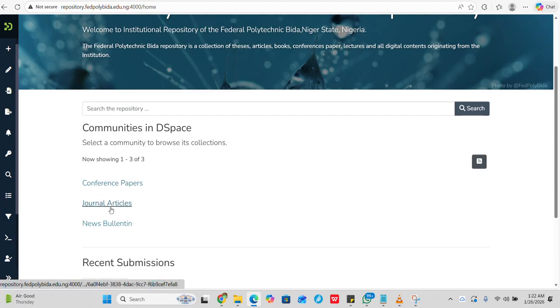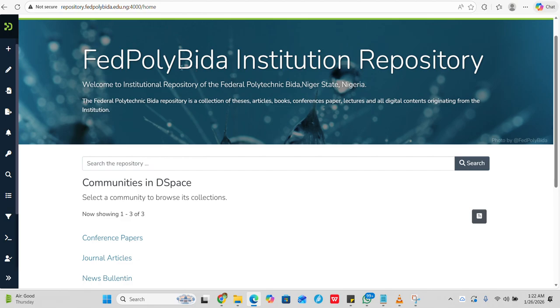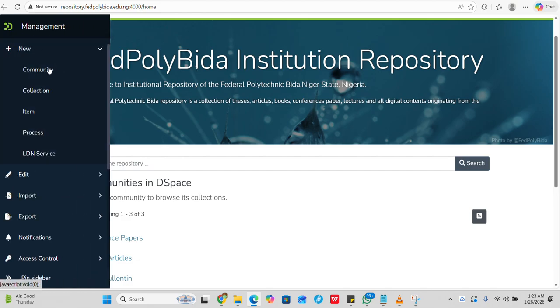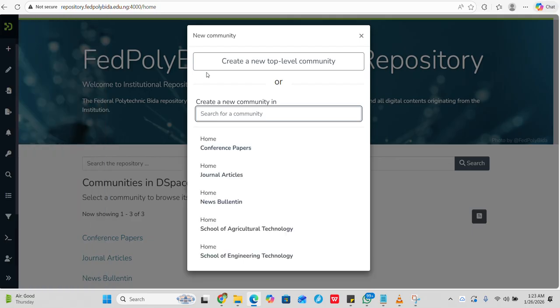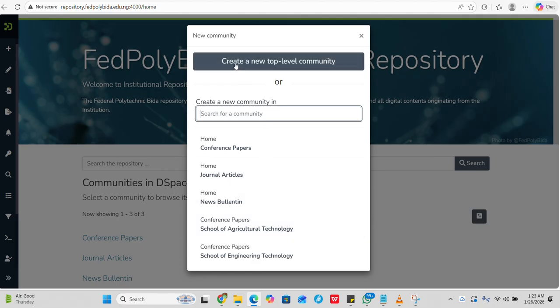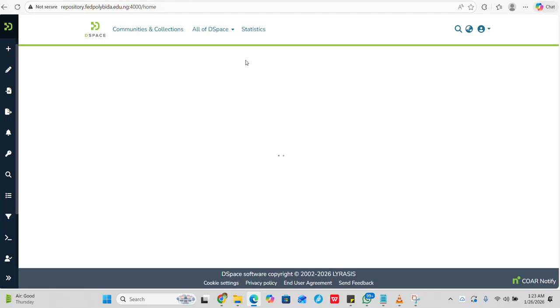So we already have conference paper, journal article, news bulletin, but let me create one top community which I'm going to call books, or you can have books of proceeding and all that. So you will see that it will tell me that they already have some community already created. And when you have this community, under it is a sub community which is School of Agricultural Technology. So when I create a top community,